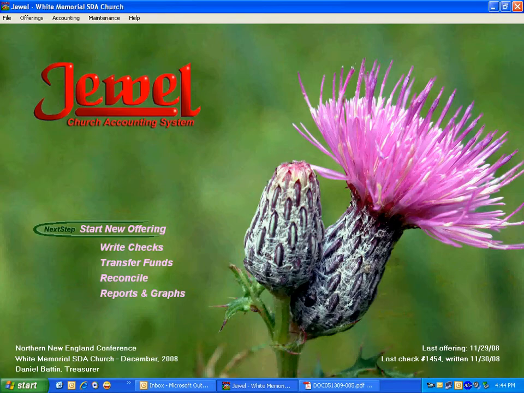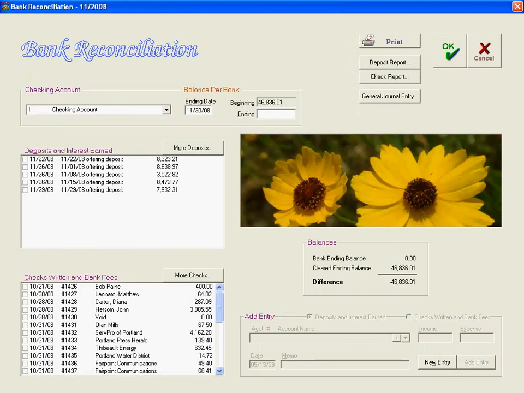This is Daniel Batten from Northern New England Conference of Seventh-day Adventists, and I'm going to illustrate how to do a bank reconciliation. When you receive your bank statement, this should be your cue to do your bank reconciliation, provided you've completed the previous month's entries. Simply go to the button that says Reconcile, and I'll be illustrating the bank reconciliation from November 2008 for the